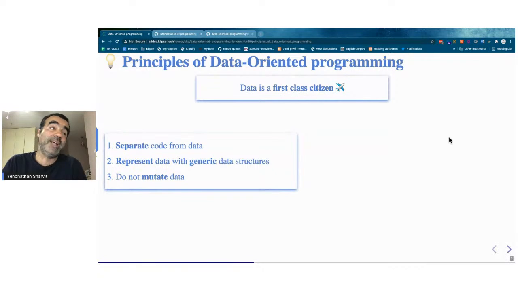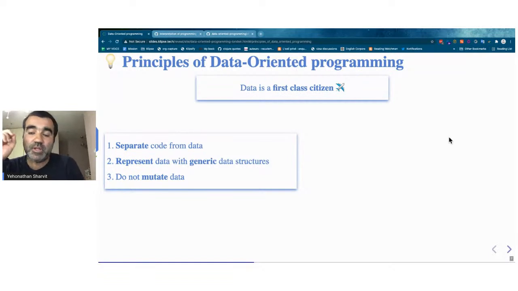But you violate principle number two, because OCaml and Haskell are statically typed languages, and as such, they force you to define the shape of every piece of data. You cannot have data without having a data type that defines the shape of the data. So principle number two is violated in traditional functional programming.